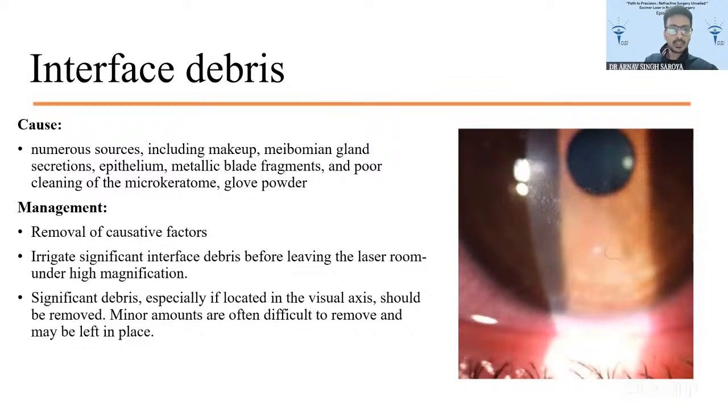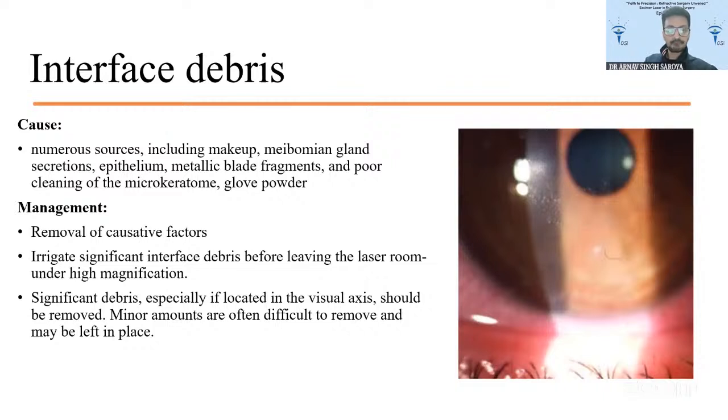As discussed in the previous talks, we should make sure that pre-op, the entire examination, including makeup, meibomian gland secretions, epithelium, or pore cleaning of the microkeratome should be taken care of. Management of any of these inciting factors and making sure that you do copious irrigation post-surgery to make sure there